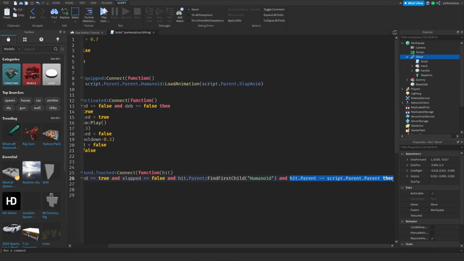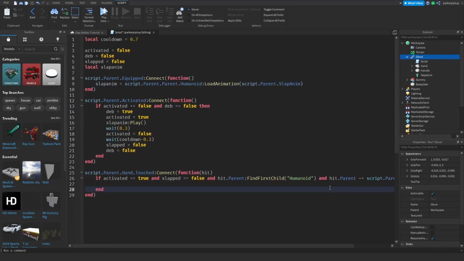And then just in case, I doubt it'll happen, we're gonna make sure that the hit parent doesn't equal our player, so we don't accidentally slap ourselves into oblivion. Just to be safe. So now we're gonna do slapped = true, to make sure that the enemy actually gets slapped, and then we're gonna do